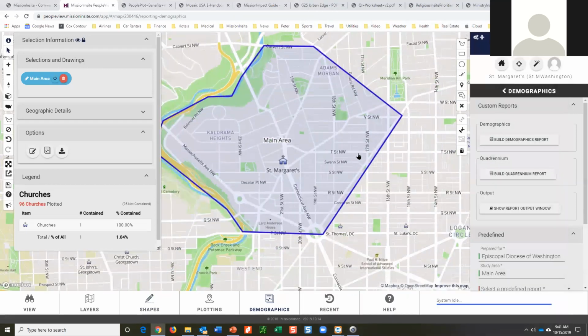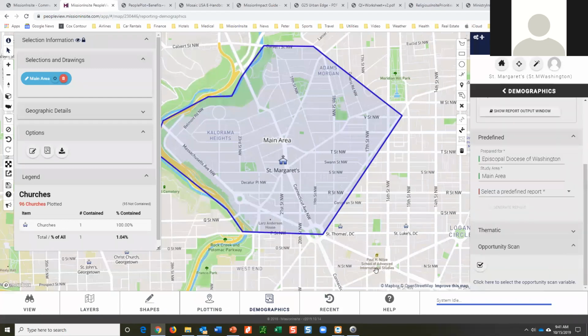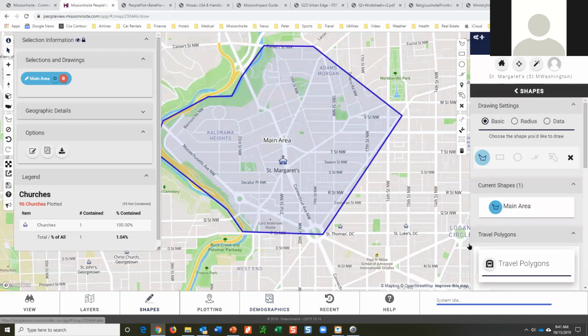Now, I want to show you another tool briefly. You can also do maps. Let me do one additional thing here. Let me go to my shapes again.